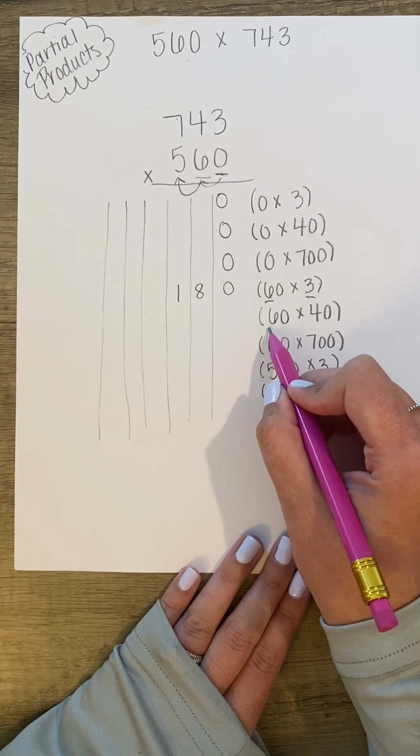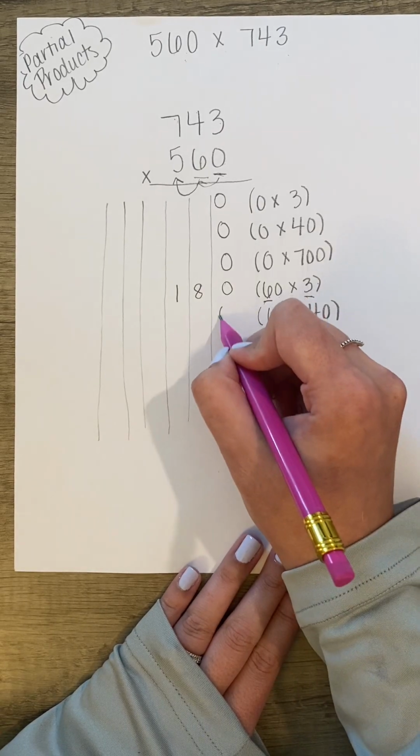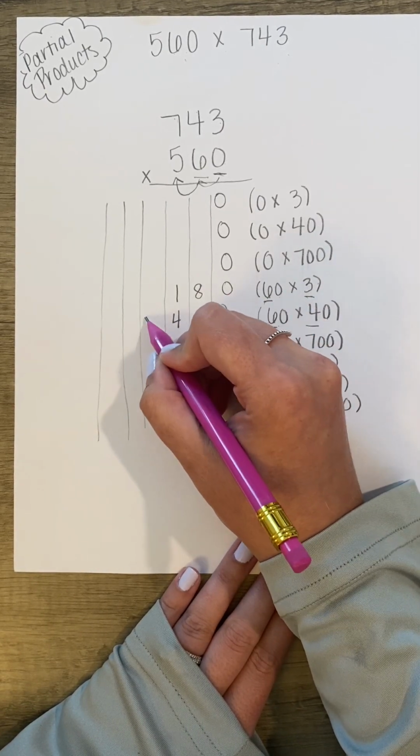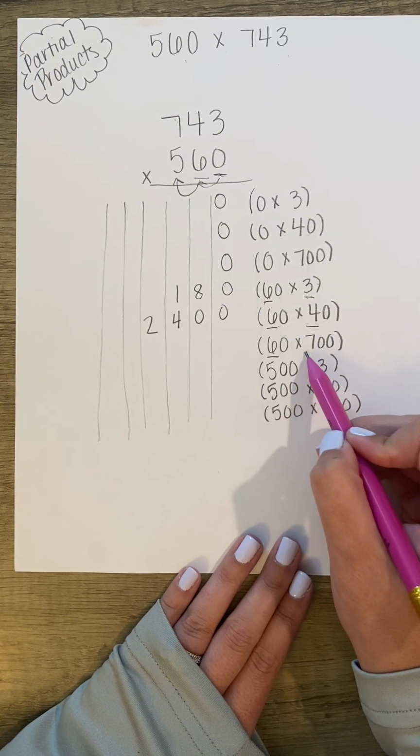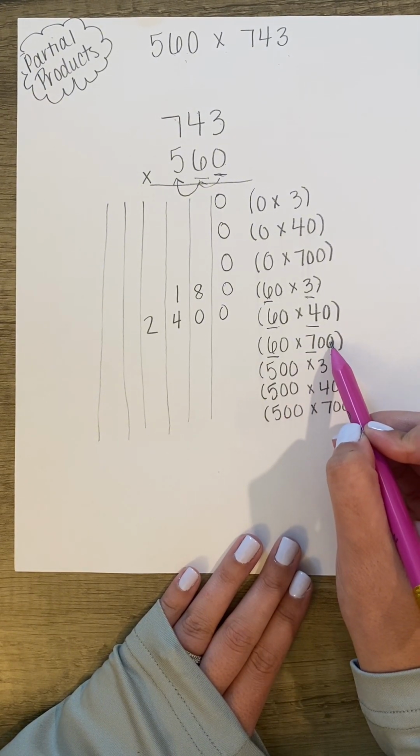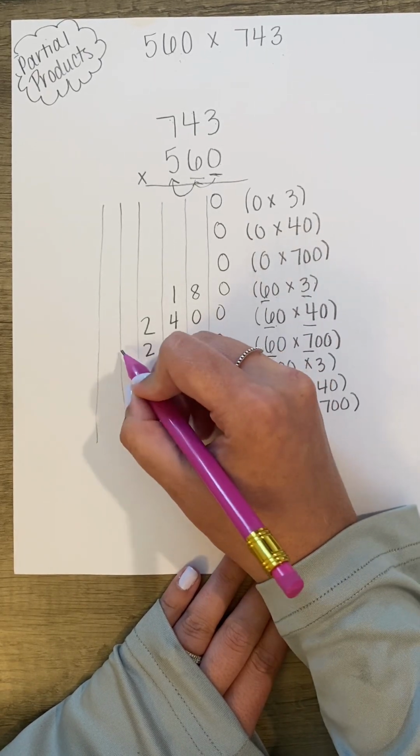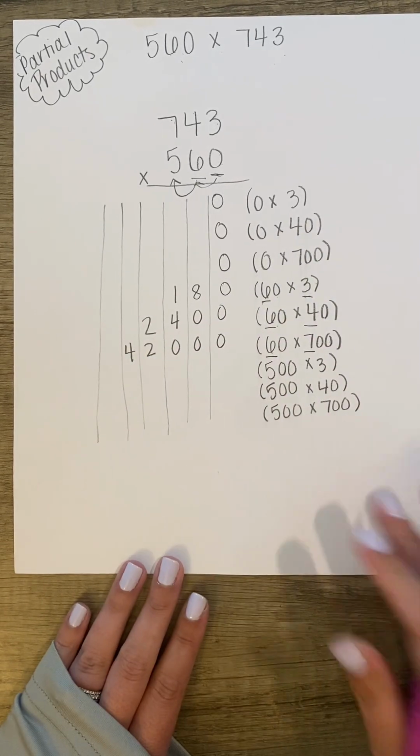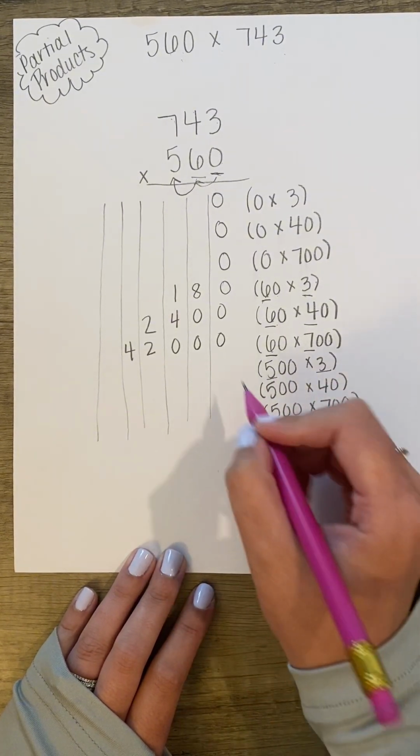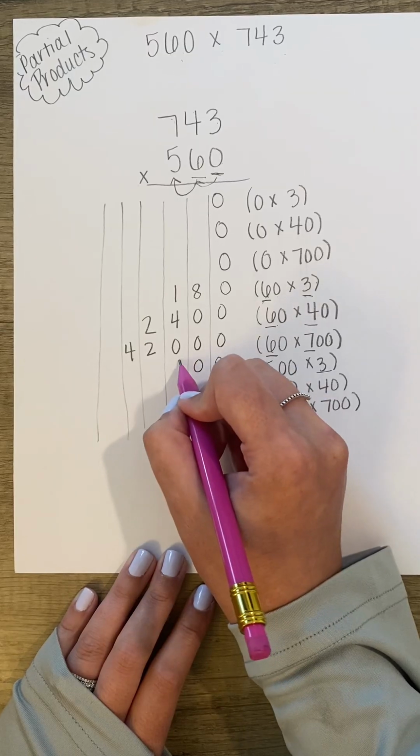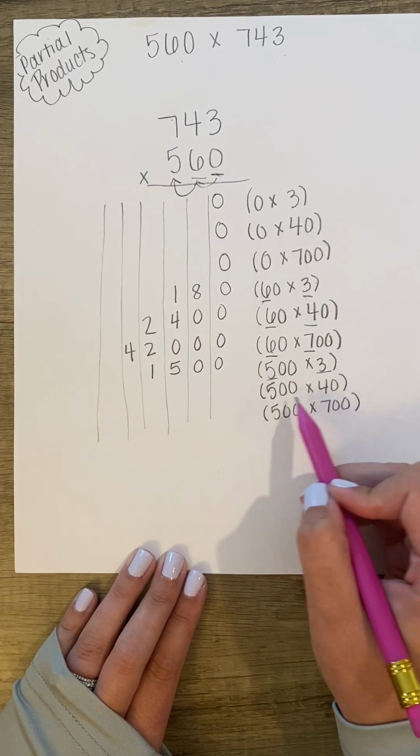Again, multiply our first digits. 6 times 4 is 24, plus 2 zeros. Six times 7 is 42, plus 1, 2, 3 zeros. Five times 3 is 15, plus 1, 2 zeros. 5 times 4 is 20, plus 1, 2,